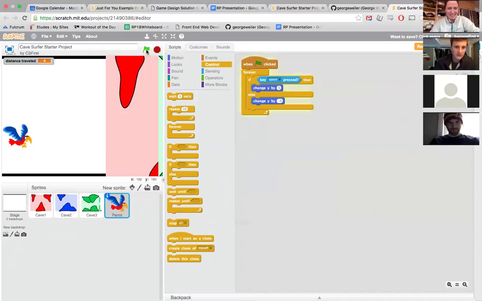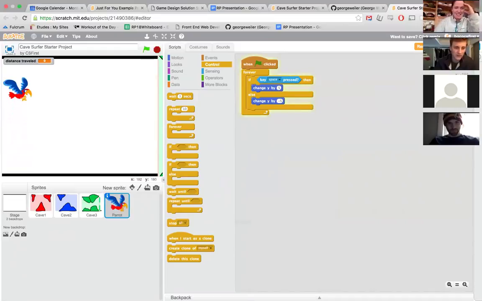So now when you press the space bar, he falls down, but when you hold down the space bar, he goes up, right? So that's our program at the moment. We can hit the little red button to stop our program. And now what we want to do is